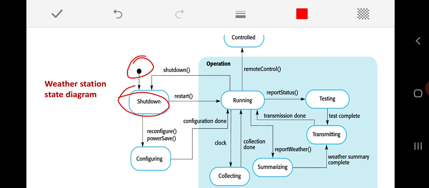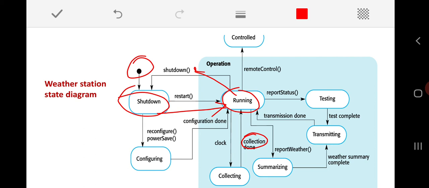Then if my input is restart, for the event restart, it will change state from shutdown to running. And when the weather station is in the running state, if my event is shutdown, it will come back to the shutdown state. When it is in the running state, I can go for collection of the data.